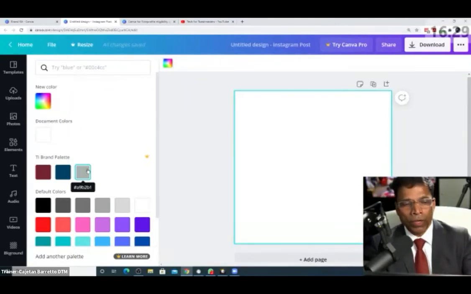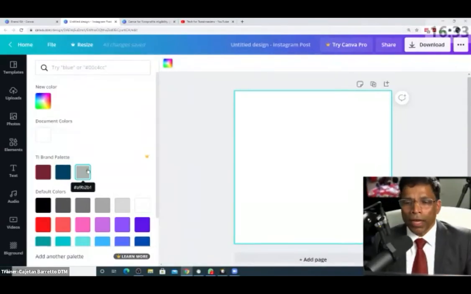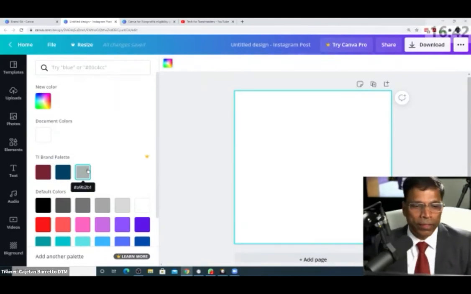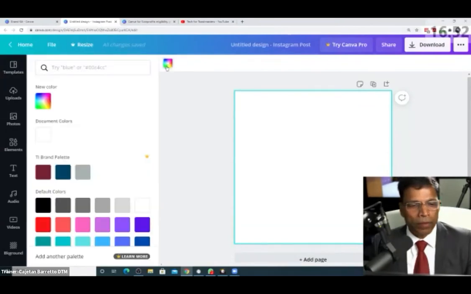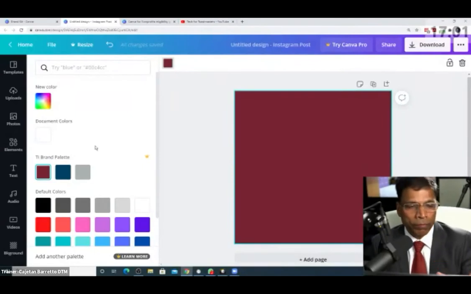Because otherwise, if you had not done this step of going to the brand kit and defining those 3 colors, every time you want to set up a color, you'll have to refer to the color code. So this saves you the time of creating content with these colors. So let's say I have created this poster and I want this background to be maroon. So I can click on this button and choose maroon. And I have a starting point of my poster with a background of maroon that I chose from the brand palette.